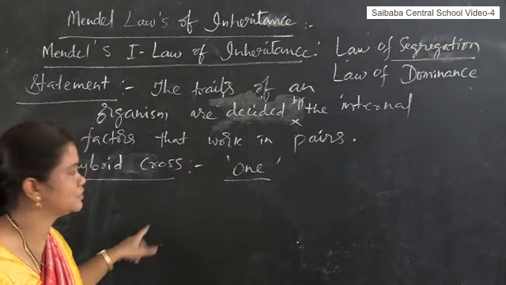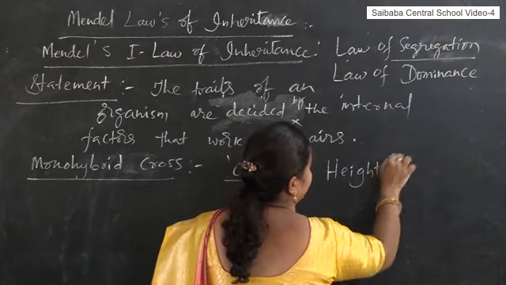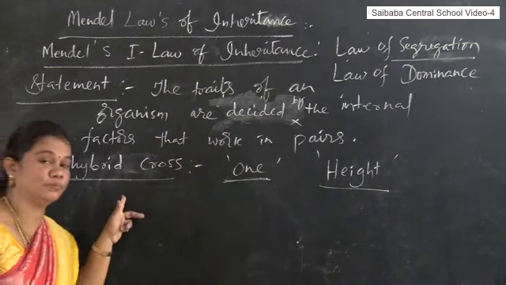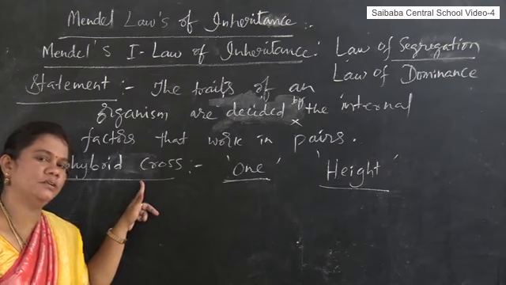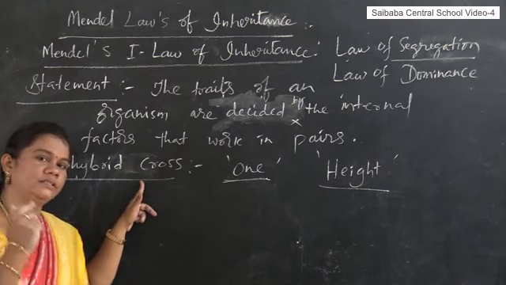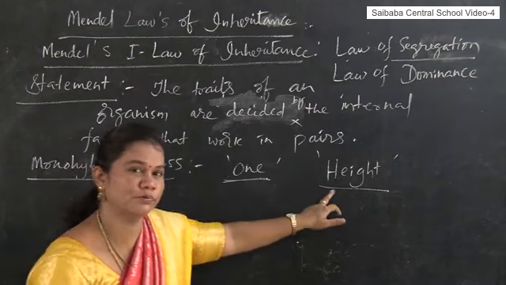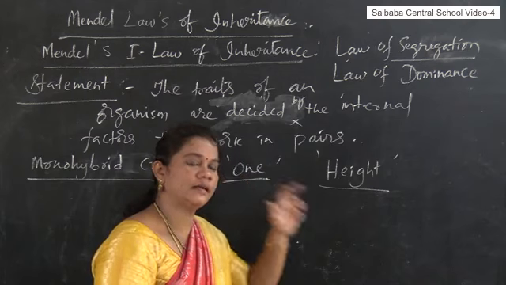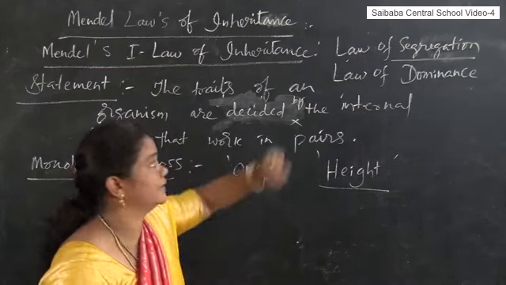Are you getting my point? So here he had taken height as his trait, the height of a plant. Which cross he selected to prove the first law of inheritance? Monohybrid cross. What is its definition? The process of crossing between two plants having one trait. So what is that one trait he selected to prove the first law? That is height. Height is the trait that is selected by Mendel to prove the first law of inheritance or